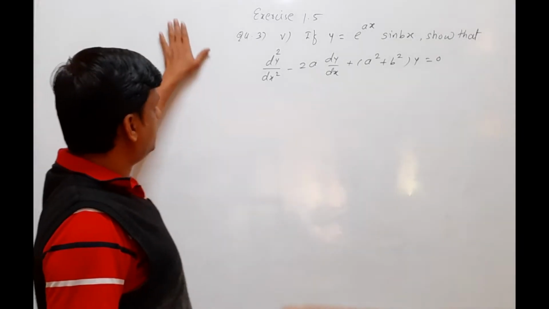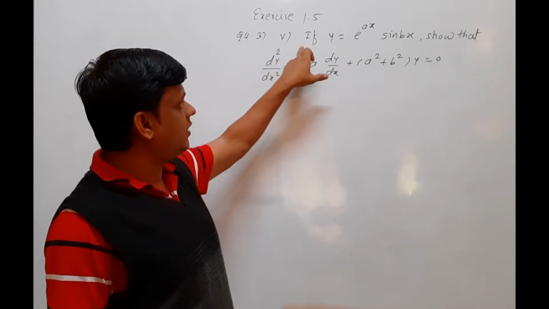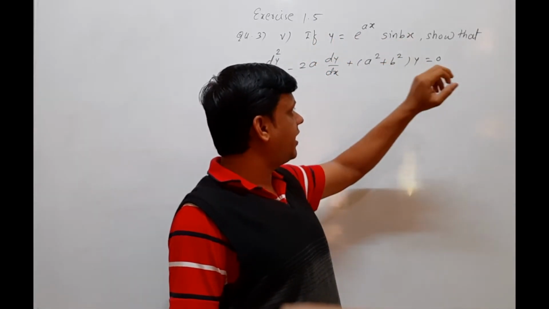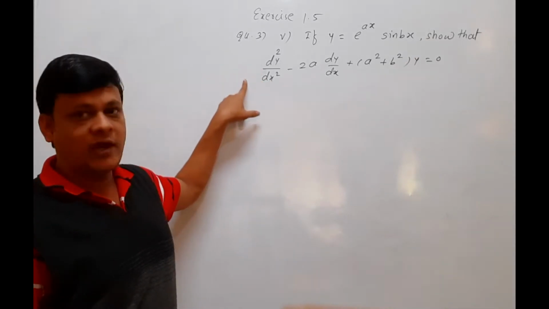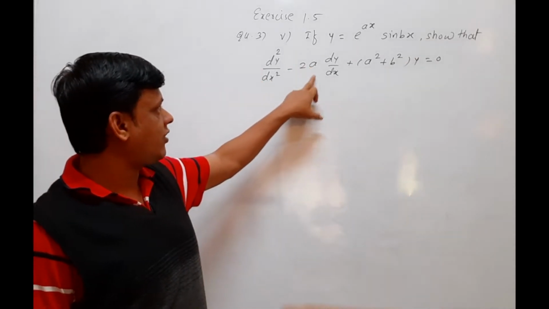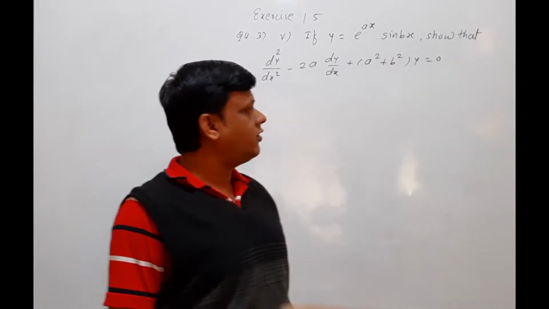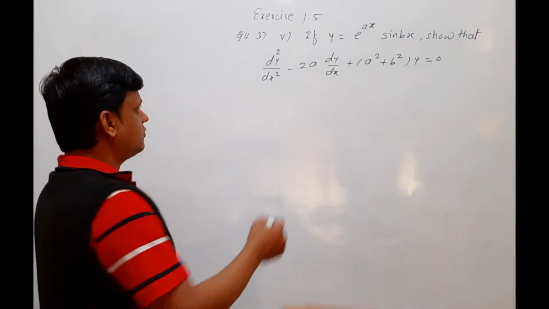Now see next question, sub question fifth. If y equals e raised to the power ax into sin bx, show that d2y by dx2 minus 2a dy by dx plus (a square plus b square) into y equals 0. So here